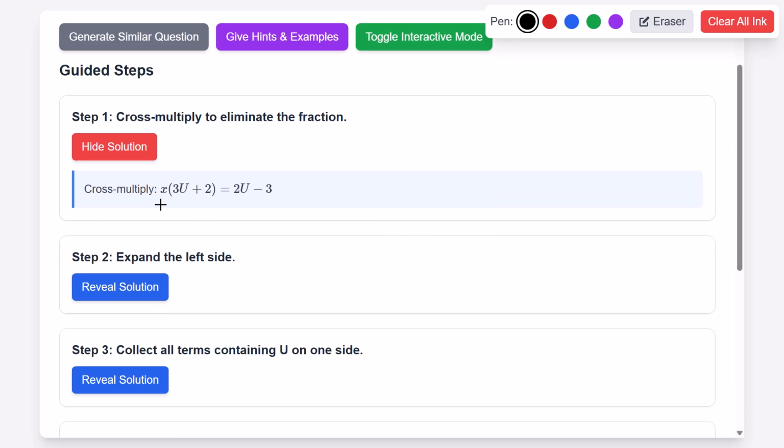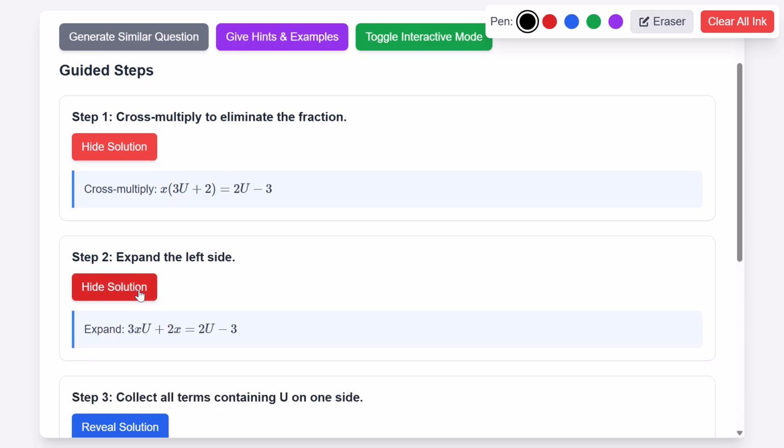When we expand the bracket, we are going to use the x to multiply the 3u. Then we use the x to multiply the 2 as well. So we are going to get 3xu plus 2x. So the x multiplies the 3u to get 3xu, and the x multiplies the 2 to get 2x. And that is equal to